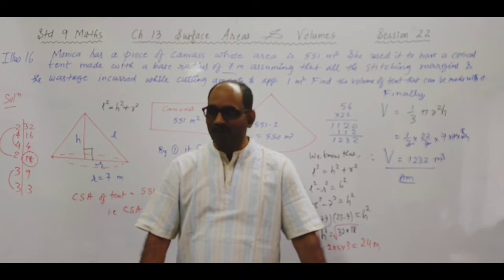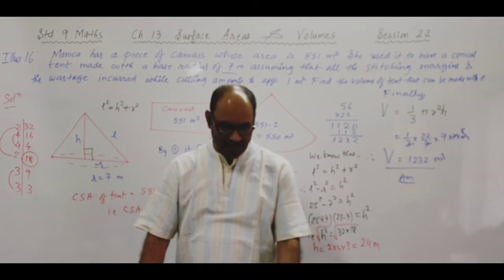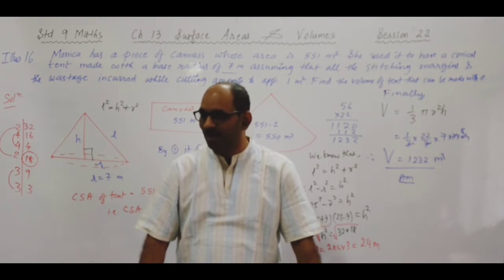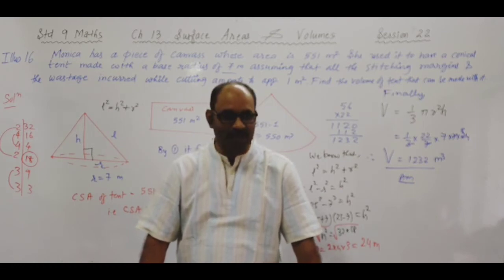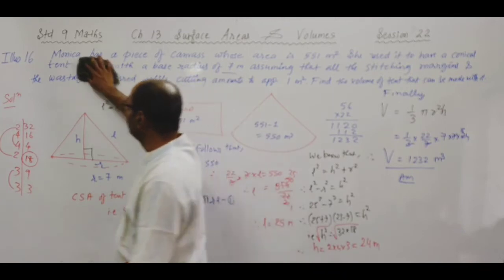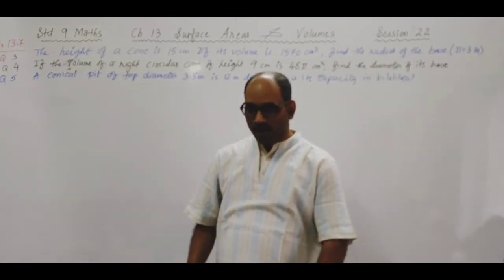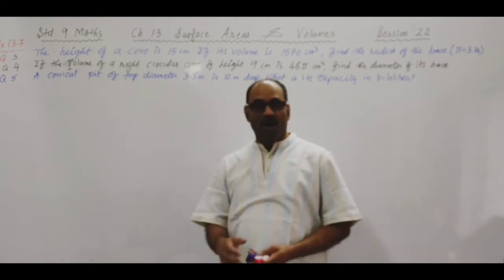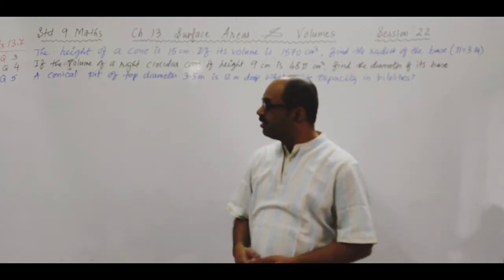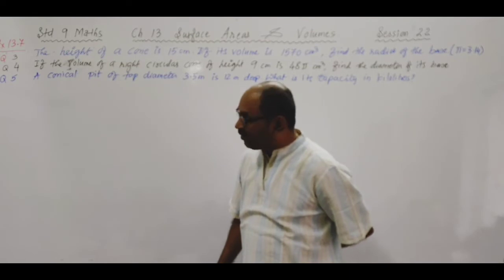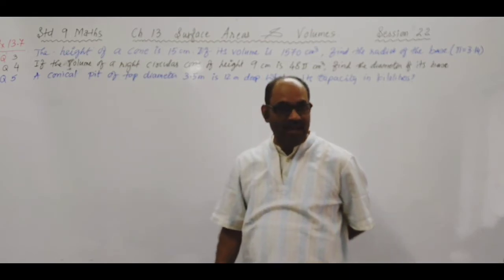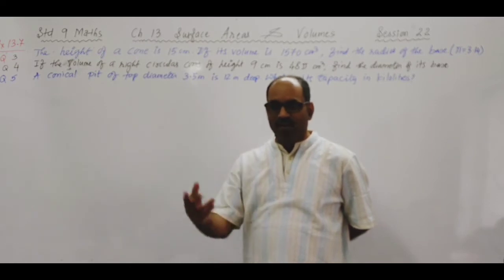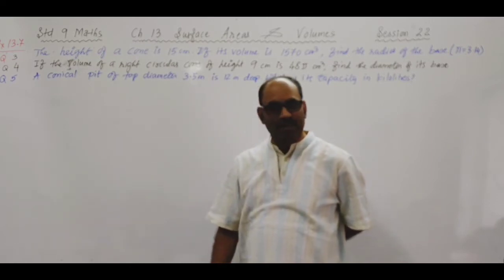Right? So after those two illustrations, what follows? Exercise 13.7. So let's see 13.7. Let's start. So following the illustrations is exercise 13.7 as I discussed. We'll start with question number 3, 4 and 5, first two. They are very simple. Straight away you have to either find the volume or capacity.